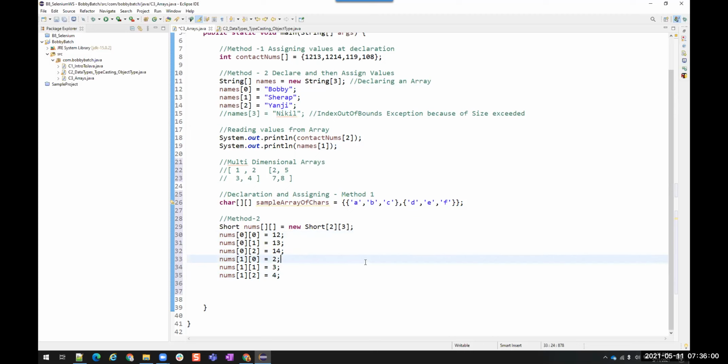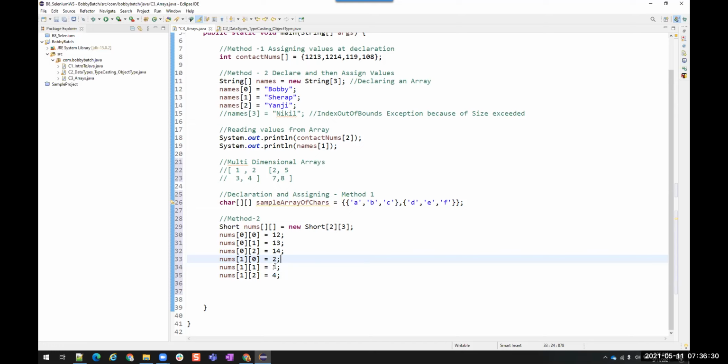But you said this is 2 by 3, right? Then we don't have that 0, 2. Because 0, 0, 0, 1. Oh, it's 3 by 2, 3 columns by 2 rows. Yeah. That 0, 1, 2 is 3 columns. Yeah, 3 columns by 2 rows. If it is 3 by 2, like you said, it will be 0, 0, 0, 1, 0, 2, 1, 0, 1, 1, 1, 2. Correct. 3 columns, 2 rows, correct.